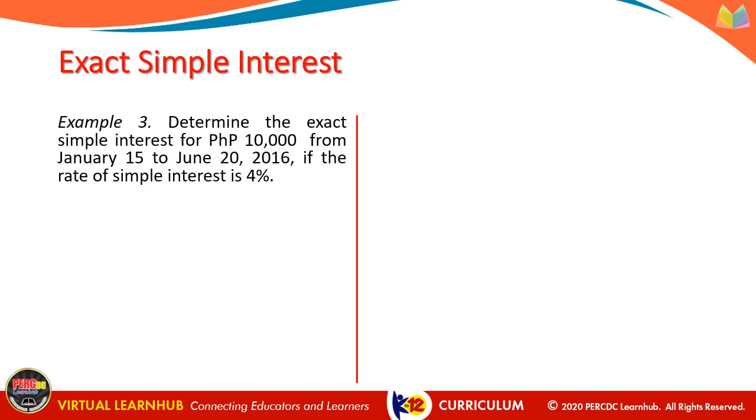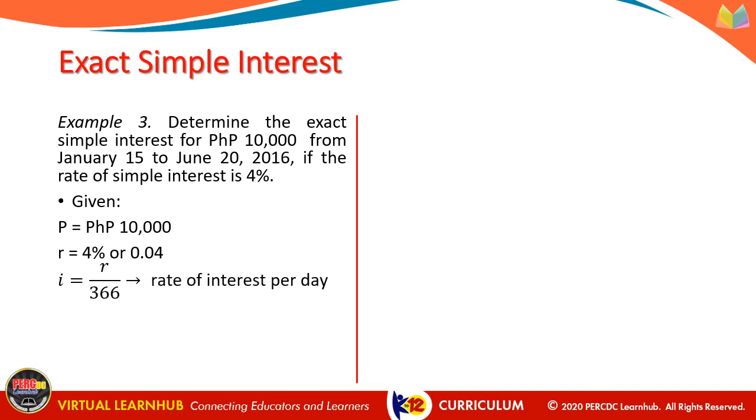Let us have example number 3. Determine the exact simple interest for 10,000 pesos from January 15 to June 20, 2016 if the rate of simple interest is 4%. We have the following given: principal or present value 10,000 pesos, nominal rate or the stated yearly interest rate 4% or 0.04,